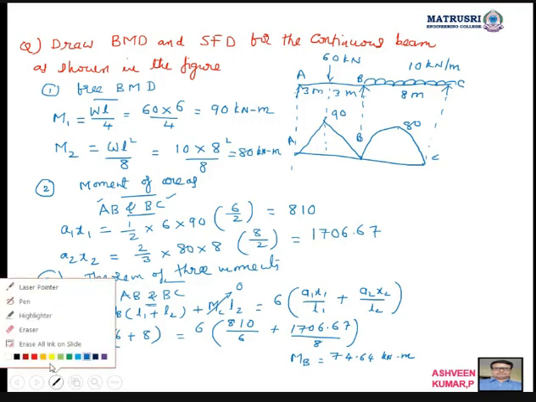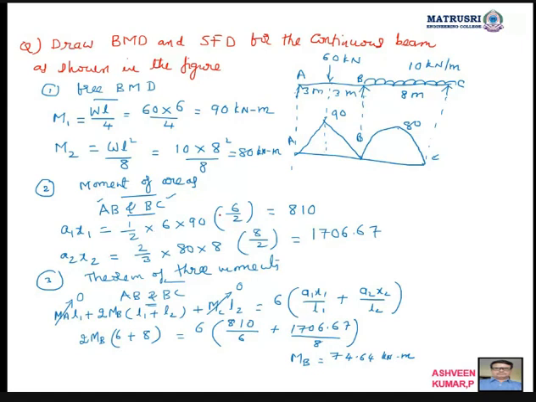Now we got it, so we can draw the bending moment diagram. How to draw the bending moment diagram? See here, what is A? A is 0. What is B? B I got 74.64. This is 0. So when you join from here to here, this is your baseline now. Above the baseline positive, below the baseline negative. Again this is positive. This is your bending moment diagram. So the bending moment diagram is over.